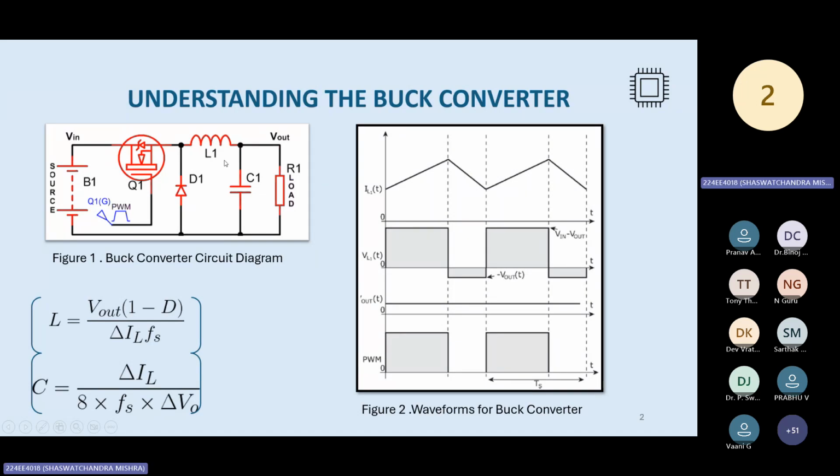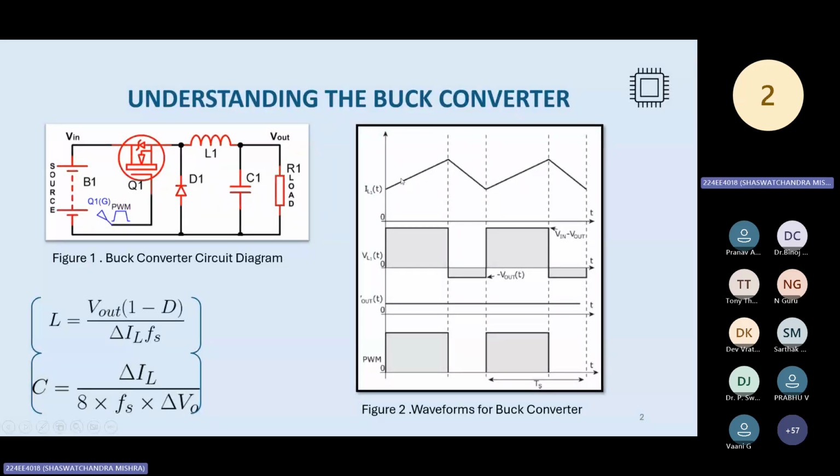Okay, so we can go from here that we'll find the values of L and C, right? That is the design specifications. So for L, we will first see that our converter should work in the continuous conduction mode. For our converter to work in continuous conduction mode, the ripple should be less than the average value of the inductor current, right? So del IL by 2 should be less than IL average. What is IL average? IL average is basically V naught by R, correct? And del IL by 2 we can find from this graph,